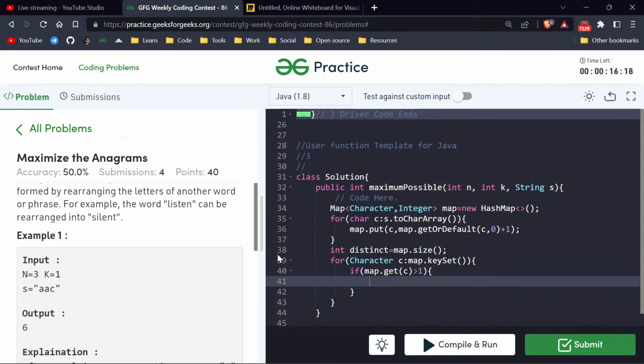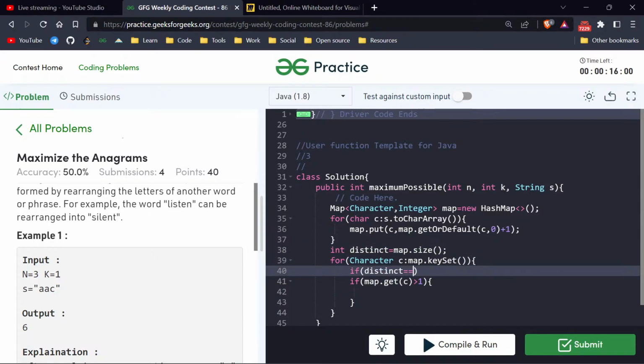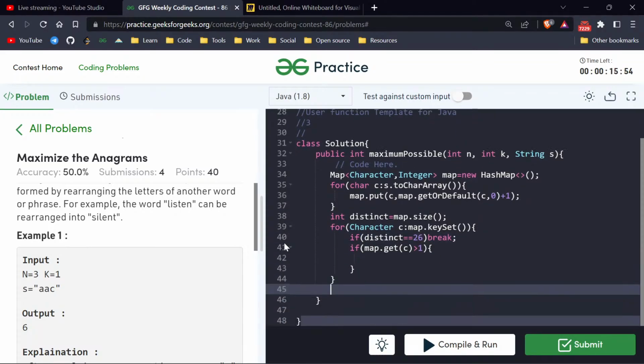First of all, we obviously have to check that distinct should not be equal to 26, because if there are already 26 characters, then we cannot do anything, right? So we also have to check equal to 26. Then we have to break,